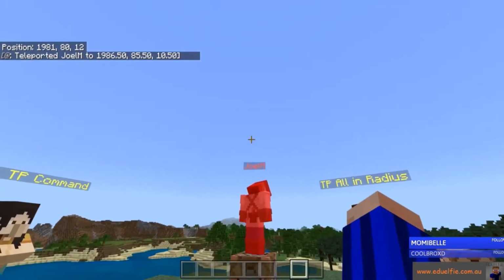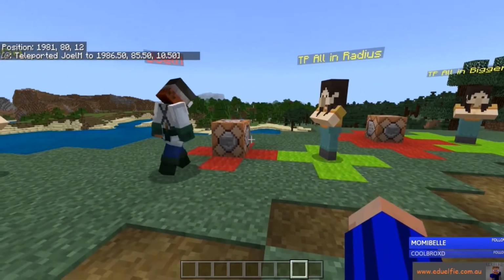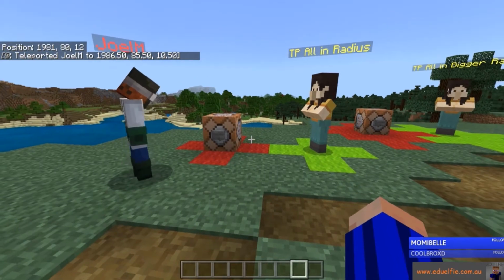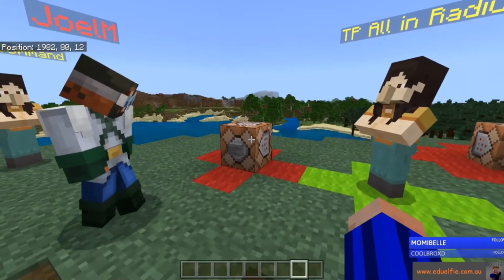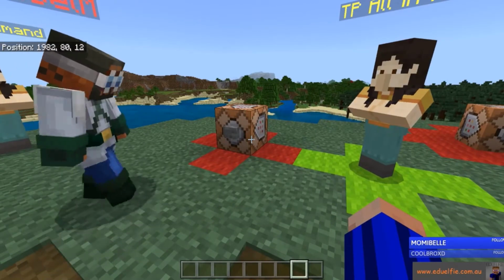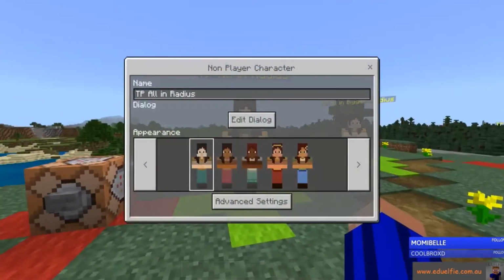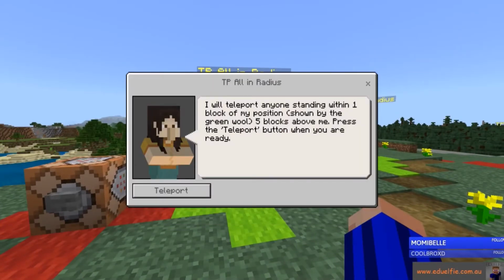So I've actually got to be really close, standing here, in order for that to teleport me up and drop me down again. So radius is a really great way of limiting the range of the block from having an effect. But again, it does come with complications, which we'll talk about in a moment. All right. So radius 1